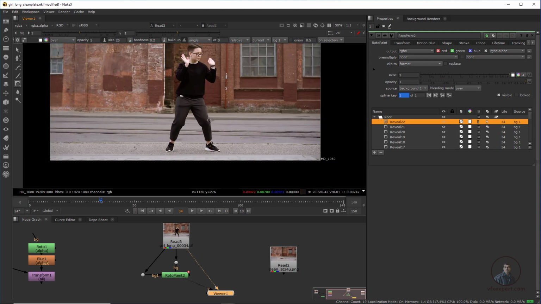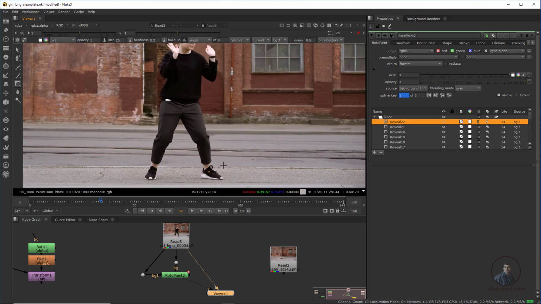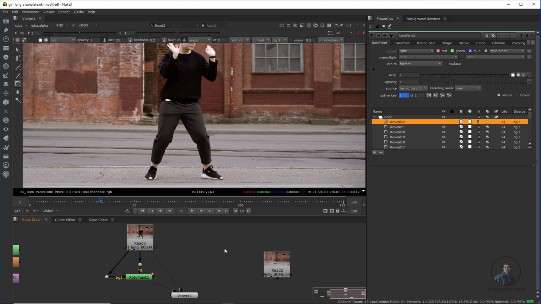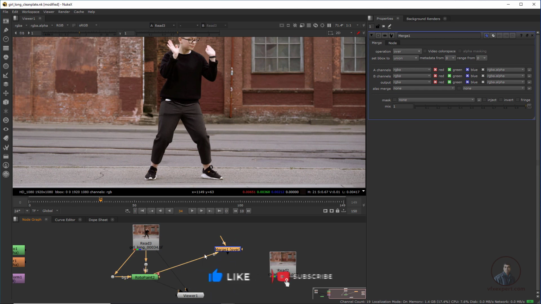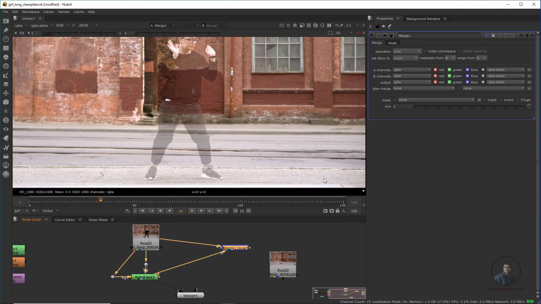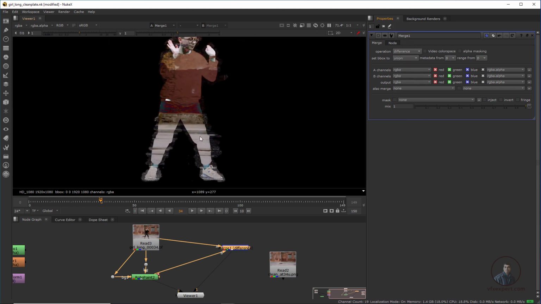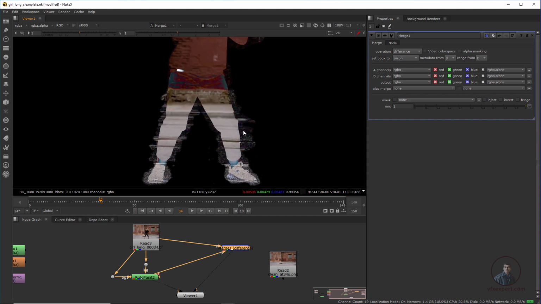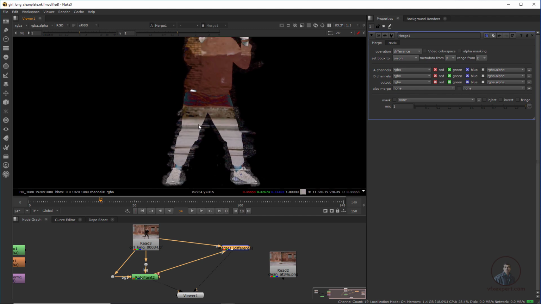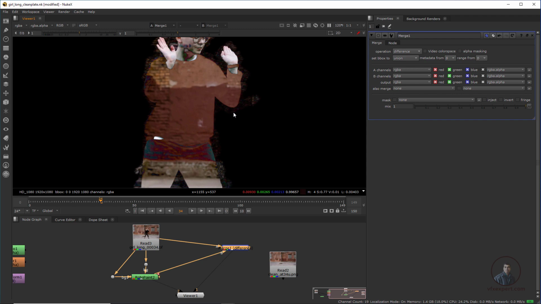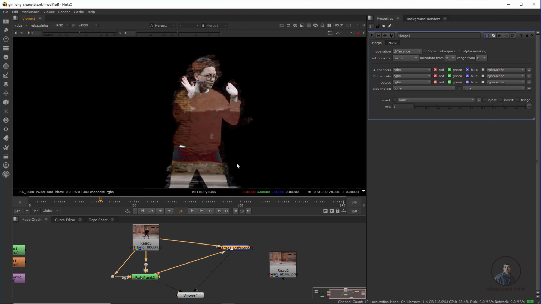Suppose you want to check which area is extra here, then you can check with the help of a merge node. Take a merge node, M. This will be our background and this will be our foreground. Now select this one and press 1, double click here and simply make it difference. Now you can easily see these areas I have painted extra here. This is the actual object which we have to remove, and here you can see these brushes I have made extra.